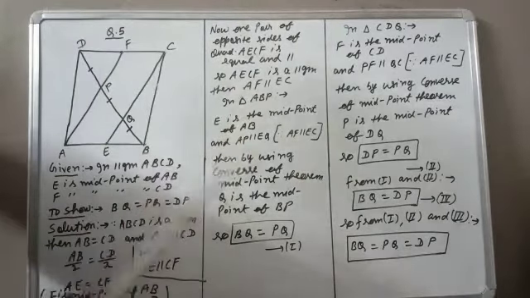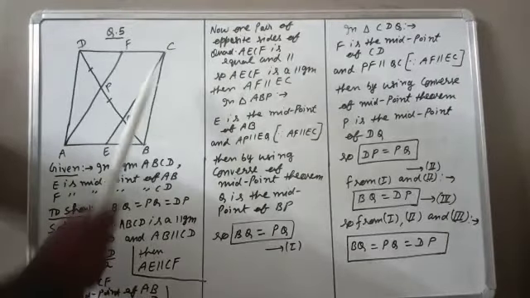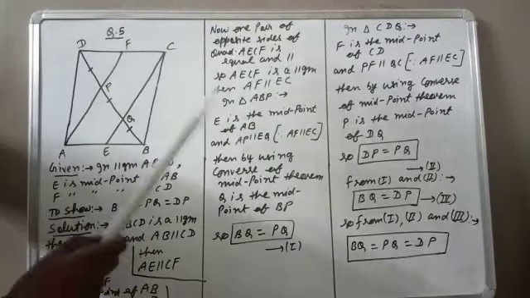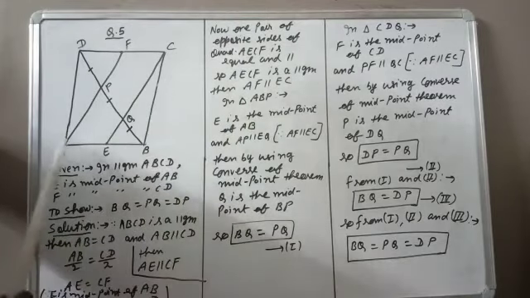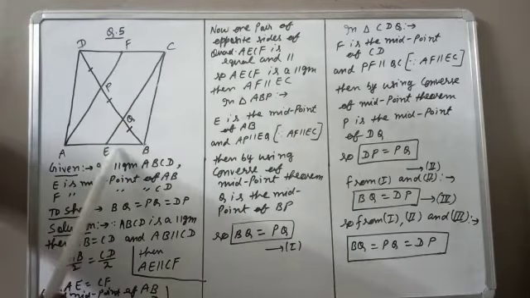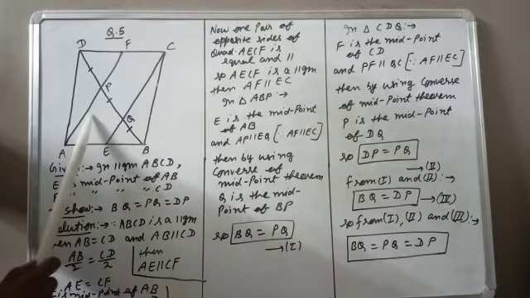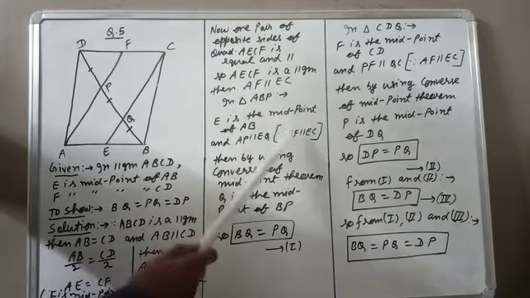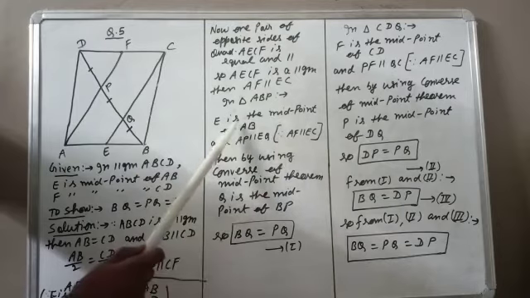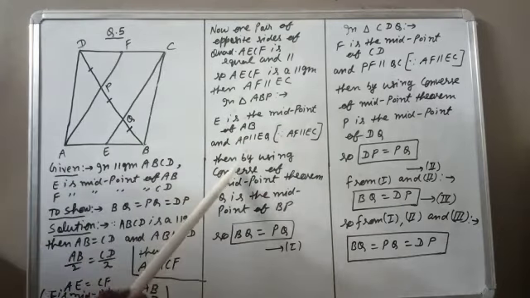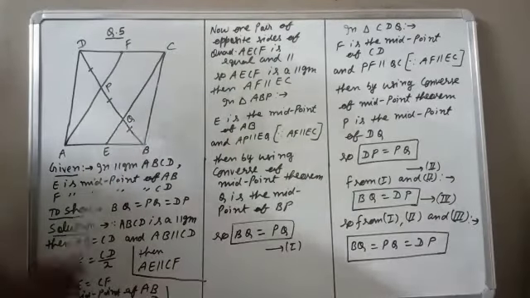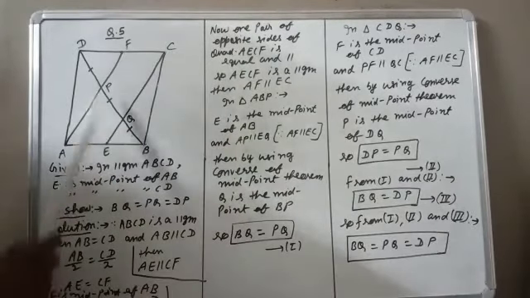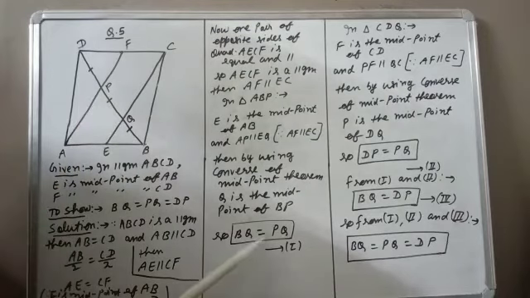So our first step is to prove AECF is a parallelogram, and from here the extra step is AF parallel to EC. Now we take triangle ABP. In this triangle, E is the midpoint of AB. Then EQ and AP are parallel because AF and EC are parallel. So one midpoint, one pair of opposite sides parallel. Then by the converse of the midpoint theorem, Q is the midpoint of BP. When Q is the midpoint of BP, BQ and PQ will be equal.